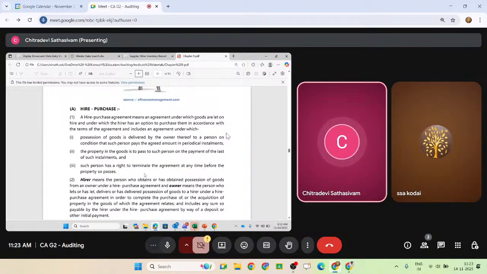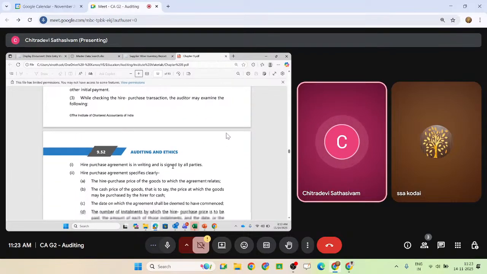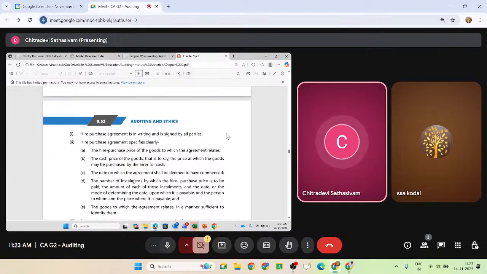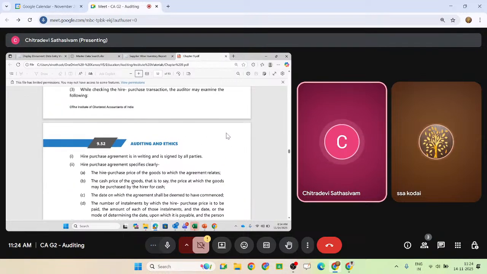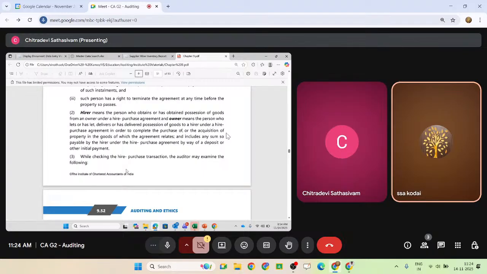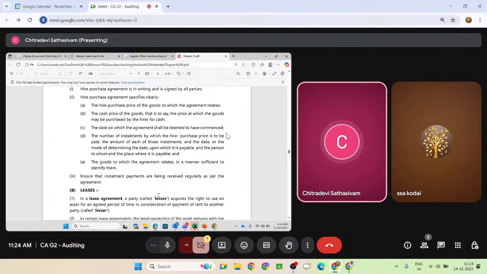You have to ensure that all the contracts are in place and there is no termination, and you have to examine the following: the agreement in place, the price of the goods, whether the installments will be paid properly, and termination. The most important thing is, until the installments are completed, you have to make sure the goods are in safe condition with the hire purchaser. I don't say questions won't come, but we don't know. Questions can come, so these are the points you examine during the course of audit. Be very cautious.